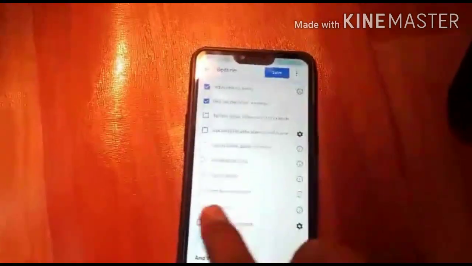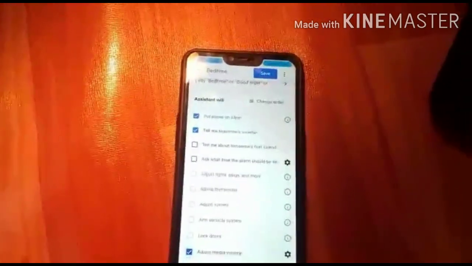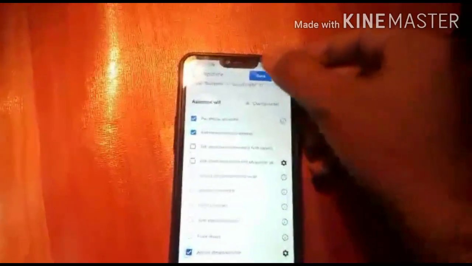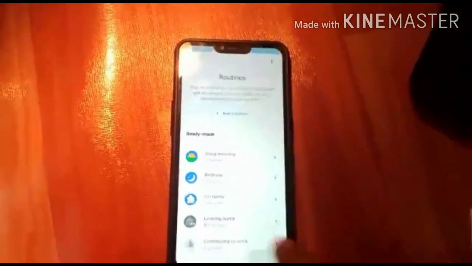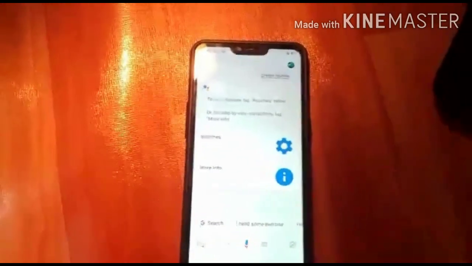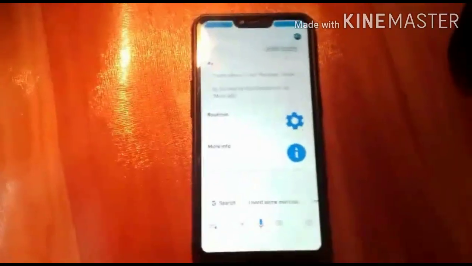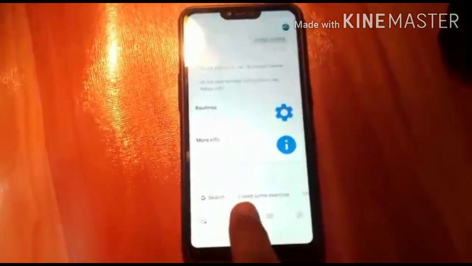You can add your own actions here. So till now I am just adjusting the media volume and putting my phone on silent. So these are done. Okay, so whenever you say good night Google, it will automatically do those things.